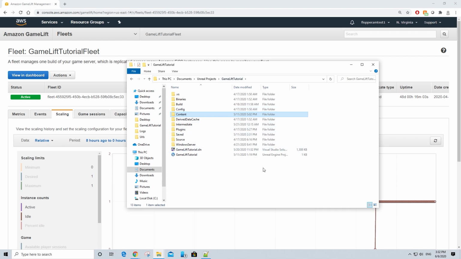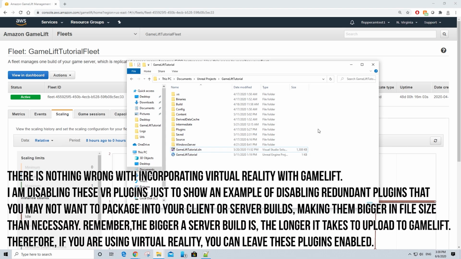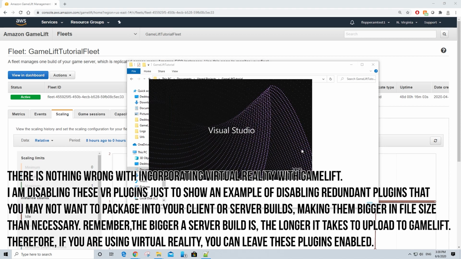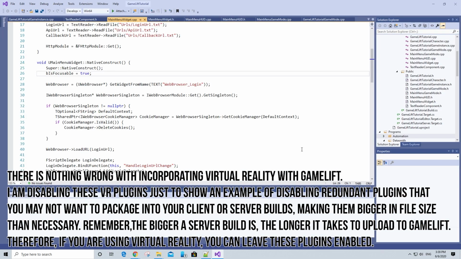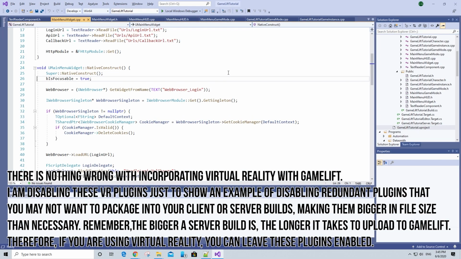file is located. Now, it has recently come to my attention that certain VR plugins that we are not using are enabled by default when making a new Unreal Engine project. So let's open up the Visual Studio solution file for our Unreal Engine project so that we can edit the uProject file in Visual Studio in order to disable a couple of plugins. From here, go to the Solution Explorer on the right side, find the uProject file and double click it to